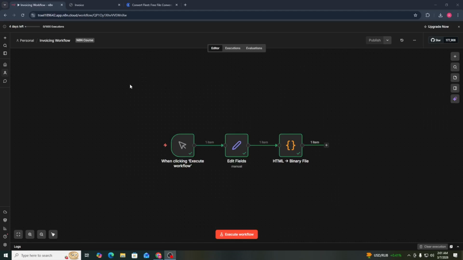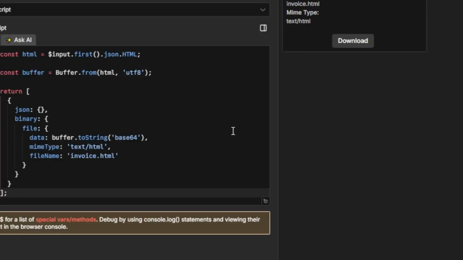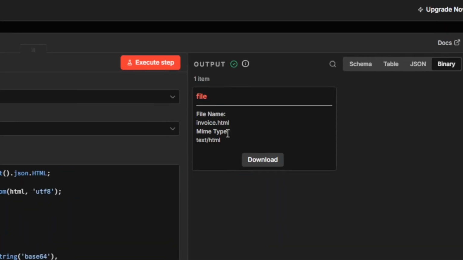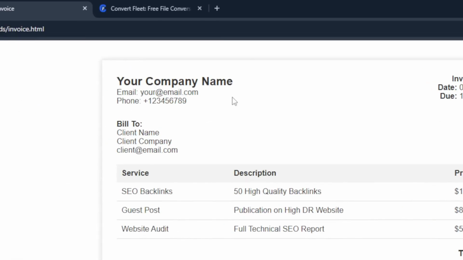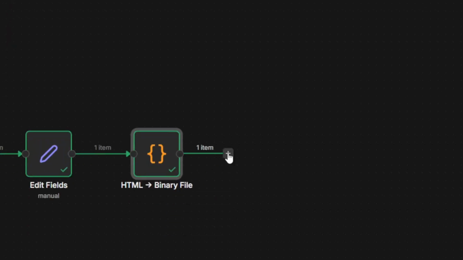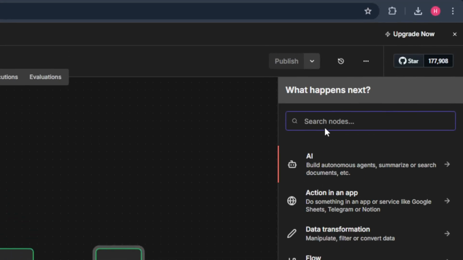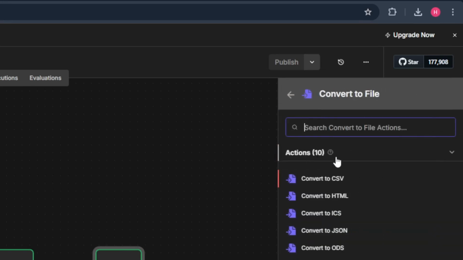I was working in an n8n workflow. So yeah, this is an HTML file. It's coming out, and we are getting an invoices HTML file, and we need to convert this HTML file into the PDF. For that, we search in the n8n nodes, which is like convert, convert to, and